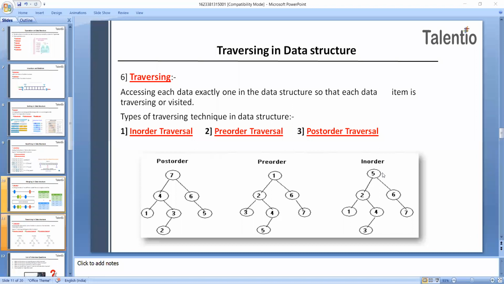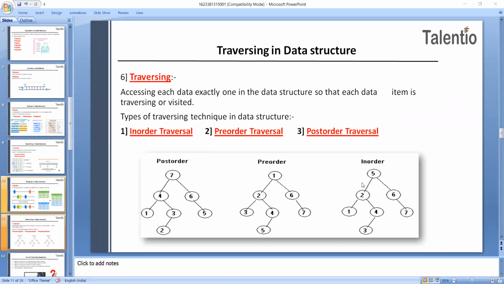In this traversal method, the left subtree is visited first. Which subtree will you visit first? The left-hand side subtree. Now see, there are two subtrees, this is one and this is the other. This 6, 7 will be the right subtree, and this 2, 1, 4 will be the left subtree.